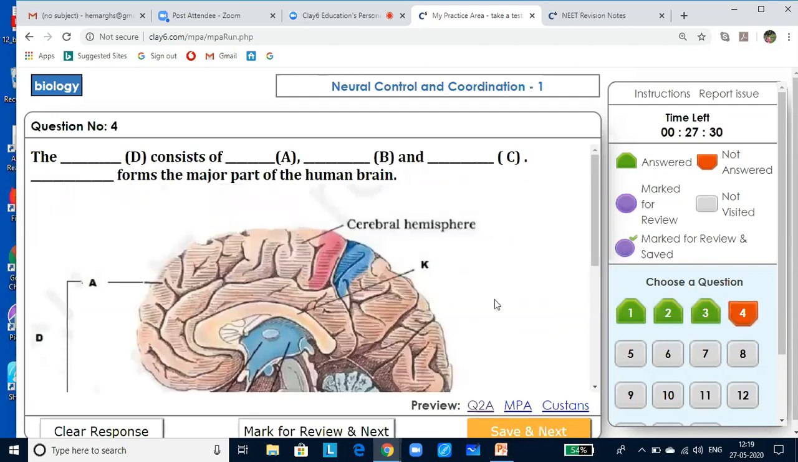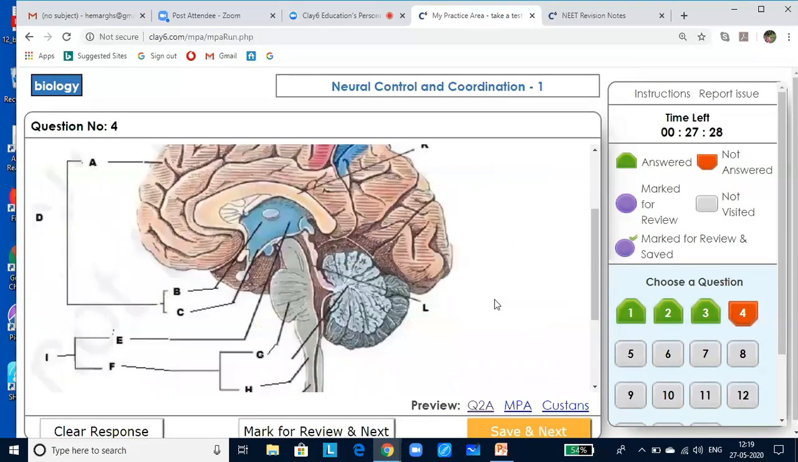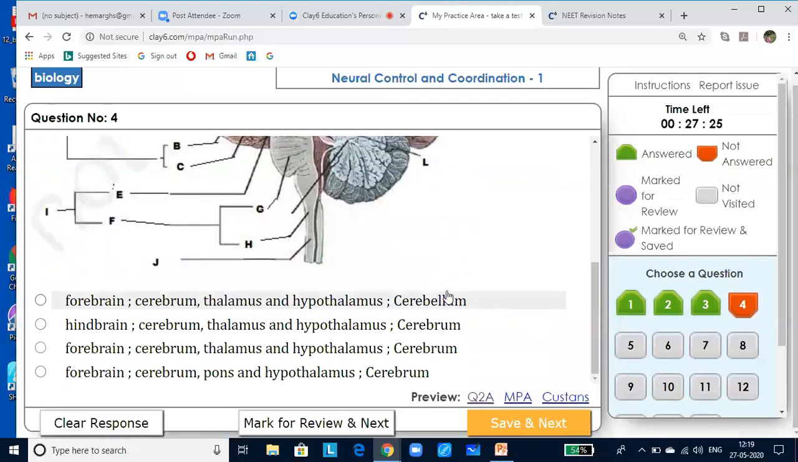Now dash consists of dash, dash and dash and this forms the major part of the human brain. So it is obviously forebrain, cerebrum, thalamus and hypothalamus. The largest part will be the cerebrum. So thalamus, hypothalamus and